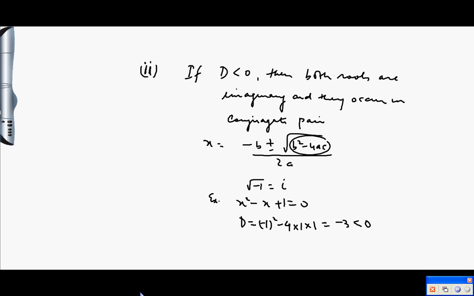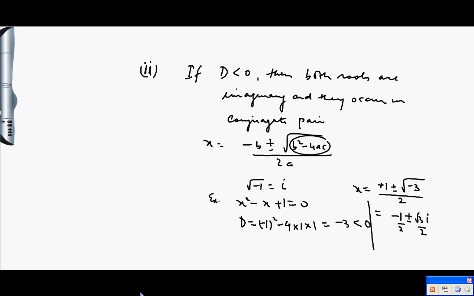In that case, when we calculate the root for this equation, we get it as minus of minus 1 plus minus under root minus 3 upon 2. Now here, if you simplify with the help of iota, you will get it as this upon 2 separated like this. Now the roots which you get here, 1 by 2 plus minus root 3 by 2 iota,